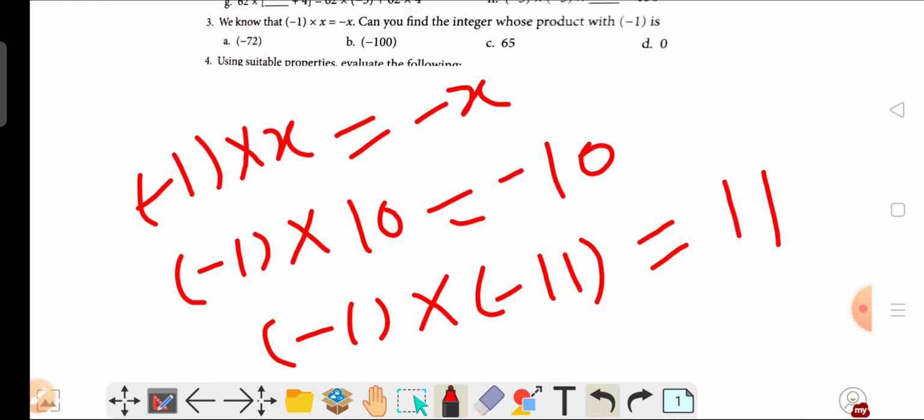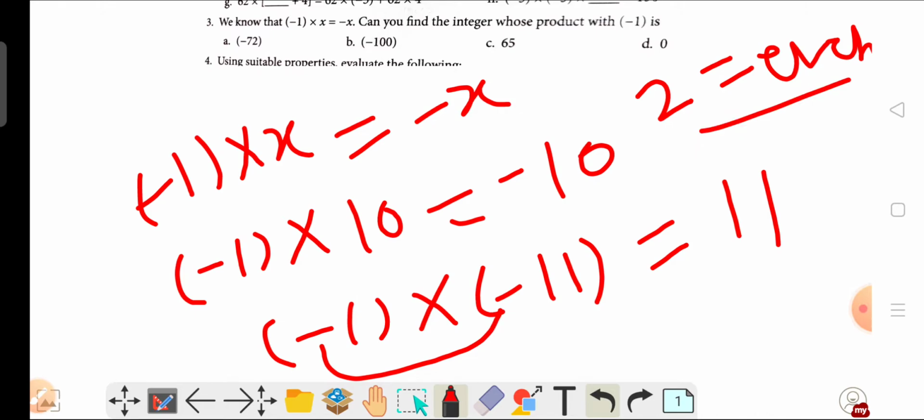Because you know that when we multiply negative integers, whatever may be the number of negative integers in multiplication, firstly to solve the multiplication we have to count the number of negative integers. So here we have two negative integers. So 2 is even also, and we know that if we have an even number of negative integers in the multiplication, then their resultant must be positive. So that's why multiplication of minus 1 and minus 11 becomes 11.